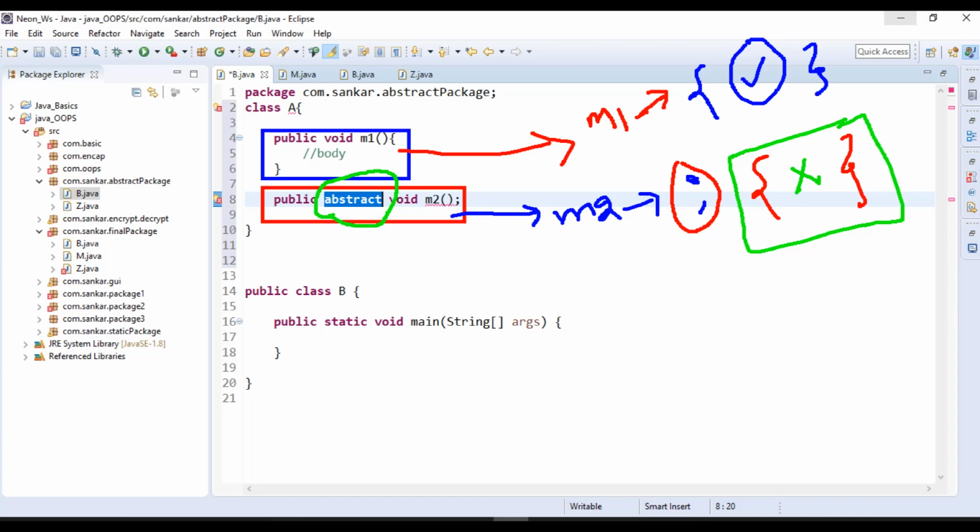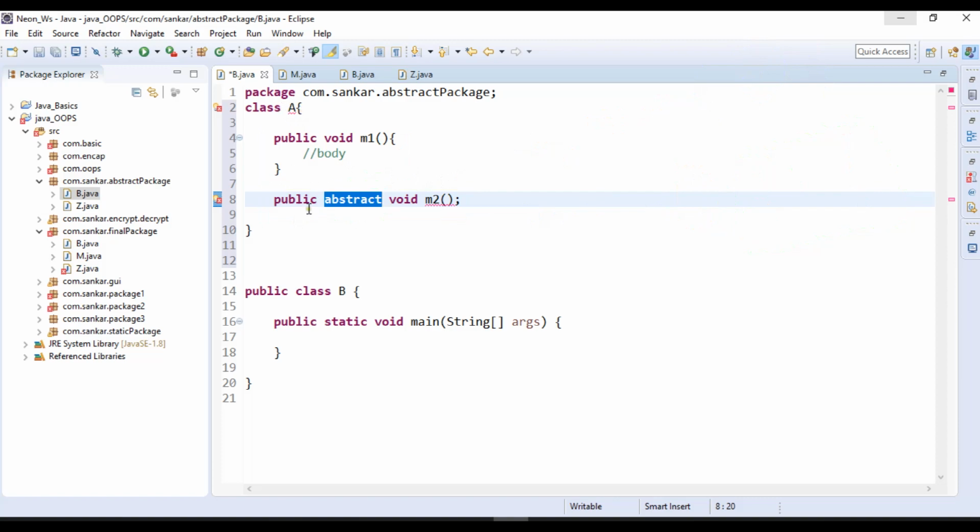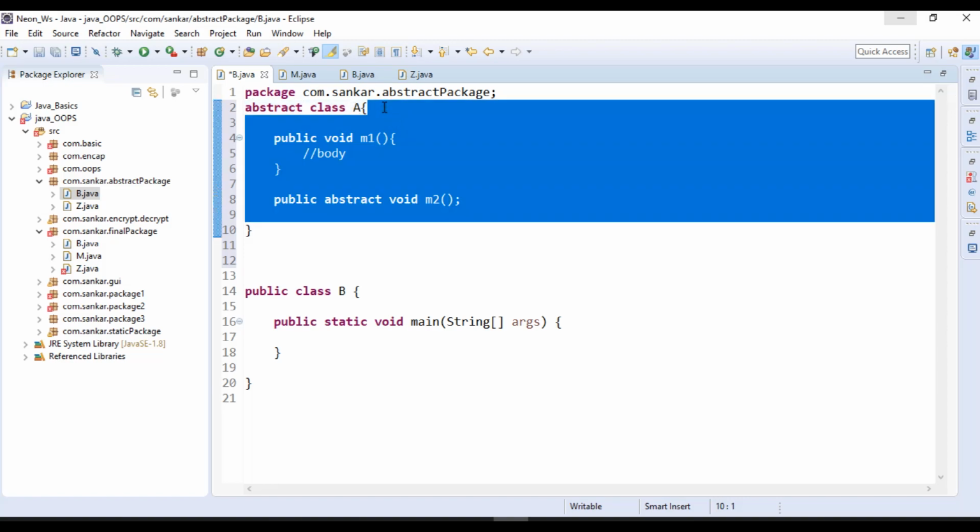If any class contains an abstract method, even a single abstract method, that class must be an abstract class. Okay, so now immediately I got some compilation errors, right? Why? Because this class contains one abstract method. So it is mandatory that we make this class an abstract class. How can we do that? We need to use the abstract modifier or abstract keyword. See, like this: abstract. So finally I conclude that I have one abstract class.